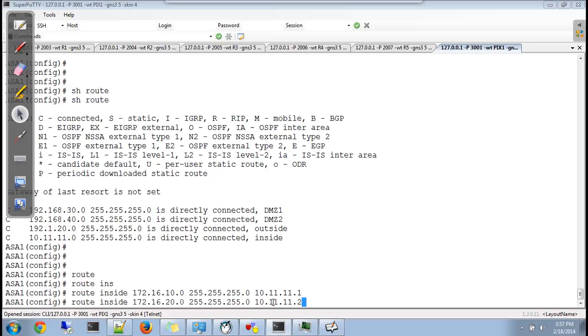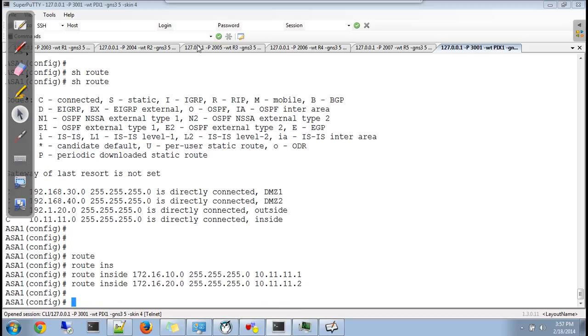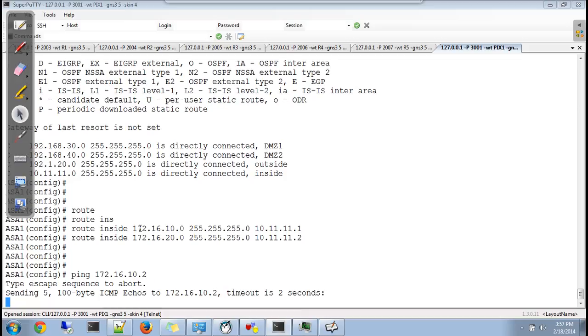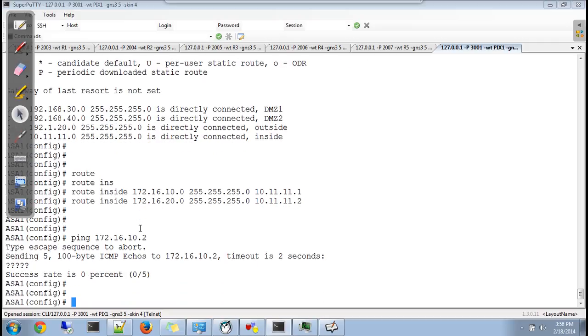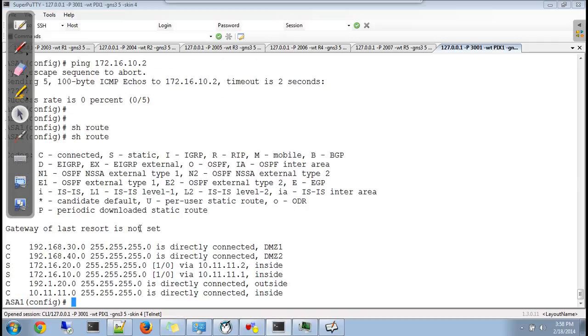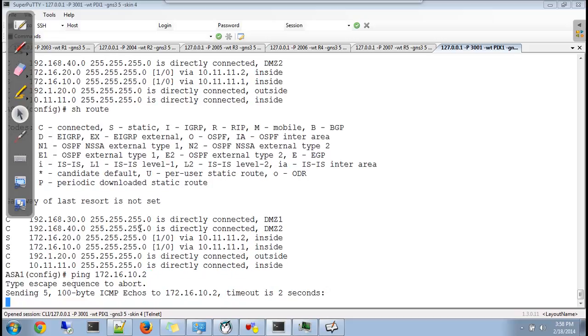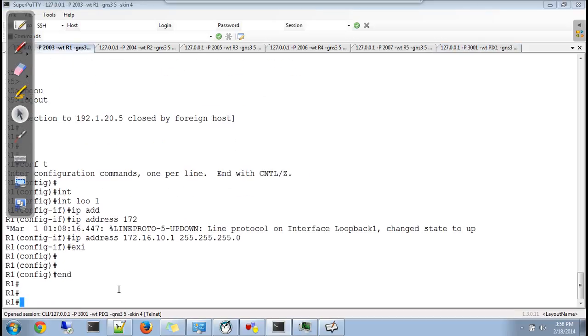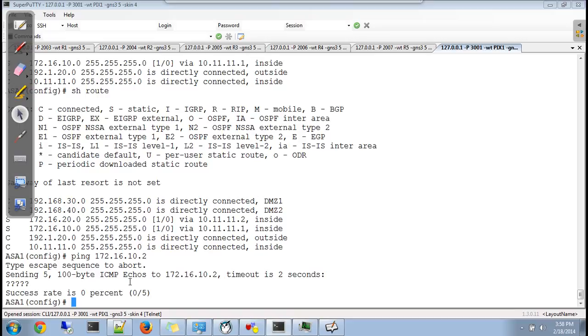And at this moment if you try to ping, what is it, 10.11.11.2? Sorry, it's not 10.2, it's 10.1.